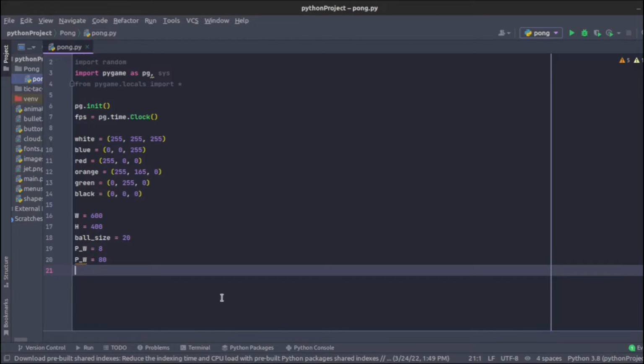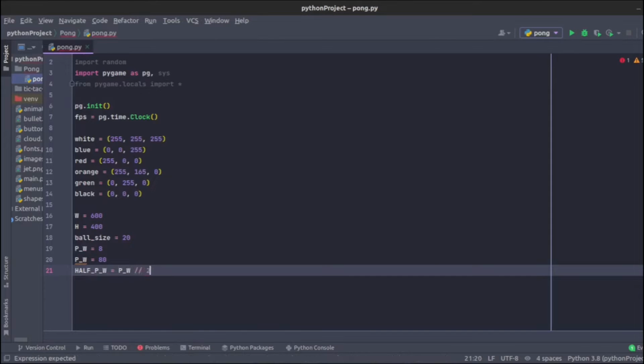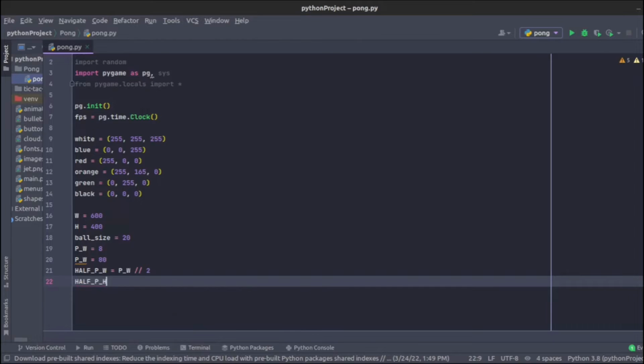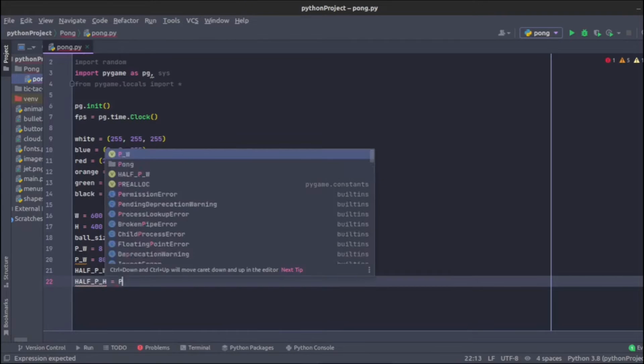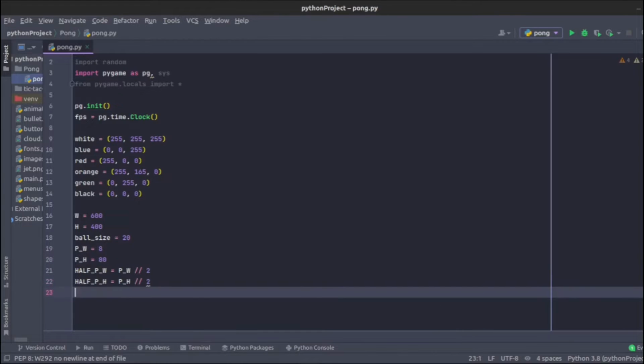And now let's also declare a half pw, which is going to be pw divided by 2, and also a half ph, which is going to be p underscore h divided by 2. Okay, so we're going to need this later. Oh, and actually this is meant to be an h here. Okay, so then we just need the ball